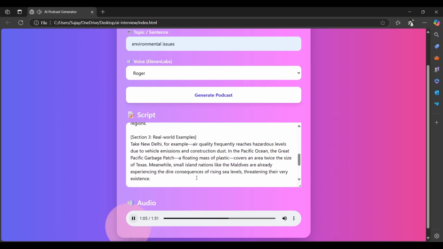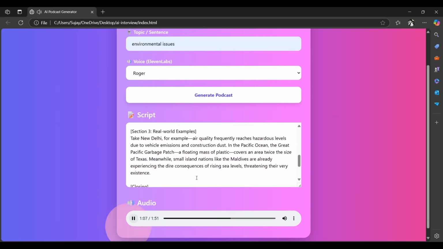Section 3. Real-world examples. Take New Delhi, for example. Air quality frequently reaches hazardous levels due to vehicle emissions and construction dust. In the Pacific Ocean, the Great Pacific Garbage Patch, a floating mass of plastic, covers an area twice the size of Texas. Meanwhile, small island nations like the Maldives are already experiencing the dire consequences of rising sea levels, threatening